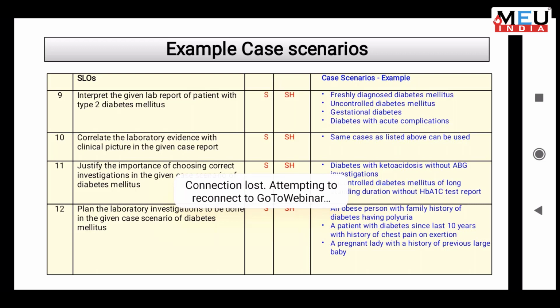Next is on proteinuria. So explain the basis and rationale of biochemical tests done in proteinuria. So here the objectives, SLOs, are to describe the role of kidneys in urine protein excretion, describe various biochemical